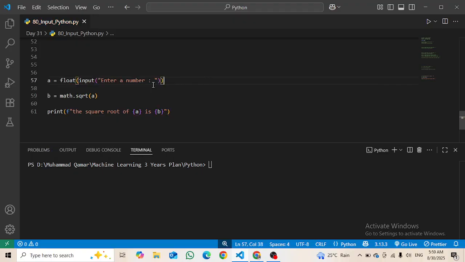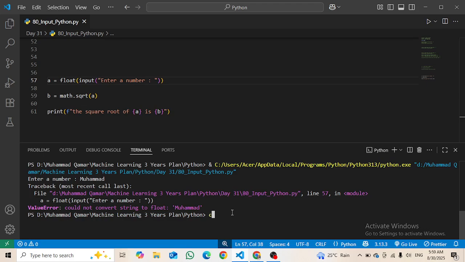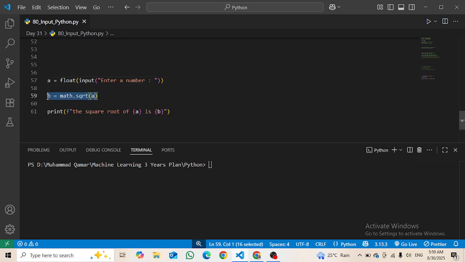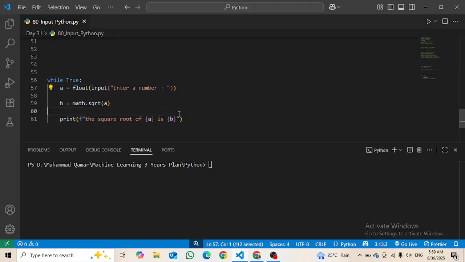Now I'm getting a float number, and let's say the user gives me Muhammad, and then you can see that it is giving me an error. It is not the error of this line, but the error of this line, as Muhammad cannot be square rooted, right? So now I want to check, let's say from here, I will say while true, inside it we will write this, while true, ask this question. Then I will say that if a is equals to float,